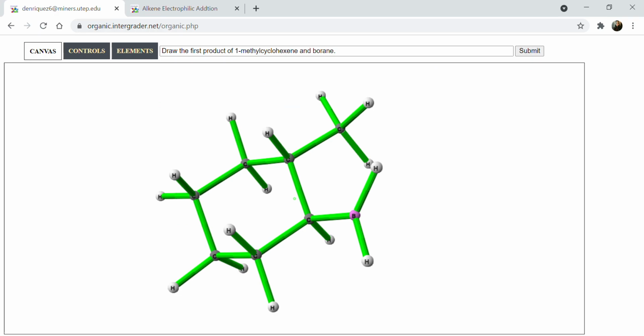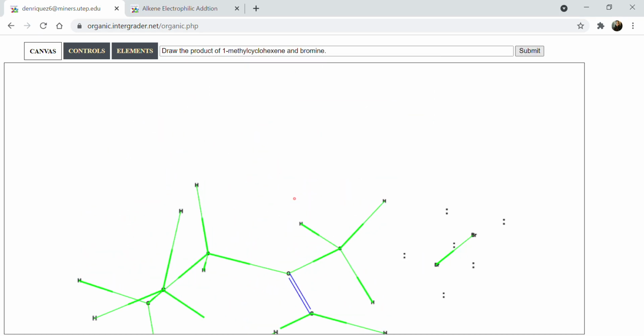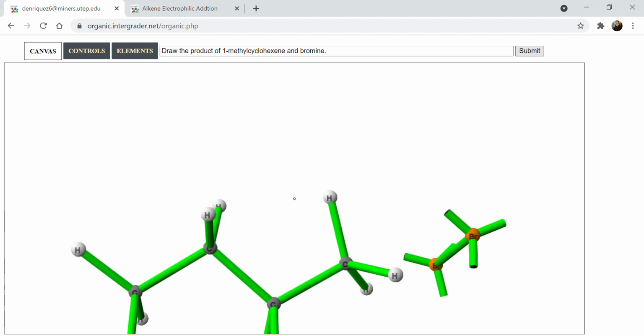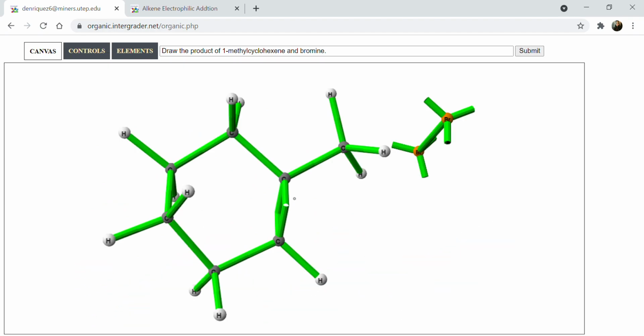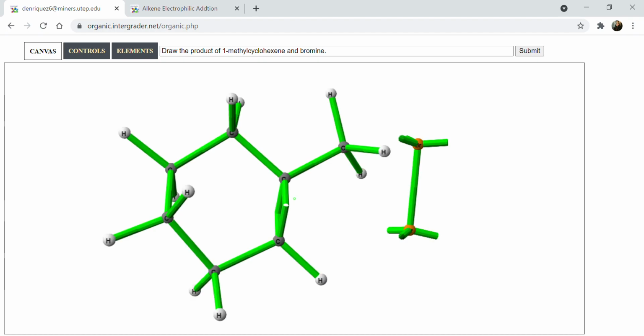So here goes nothing. Okay, awesome. Okay, I'm going to move it around because I like things a certain way. Okay, so for this one, I've been speeding through them doing the homework because I've been doing it a lot,